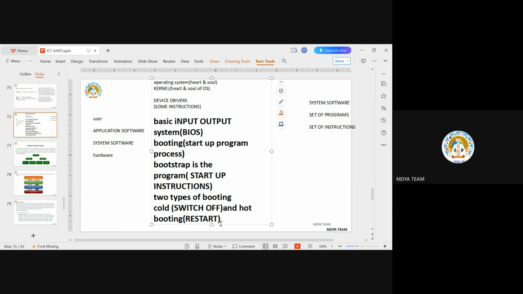The operating system manages how to save the data. When you are typing some text on the screen and you didn't save that program,